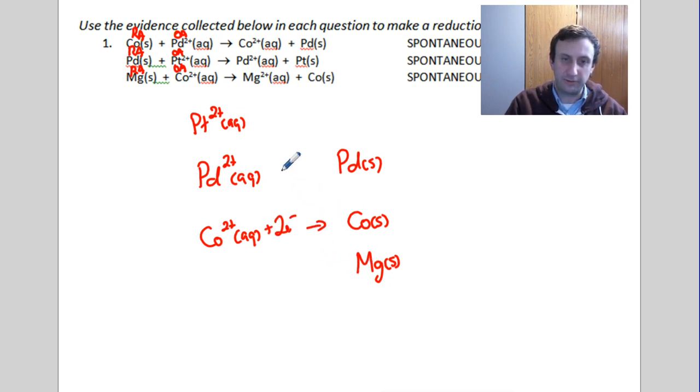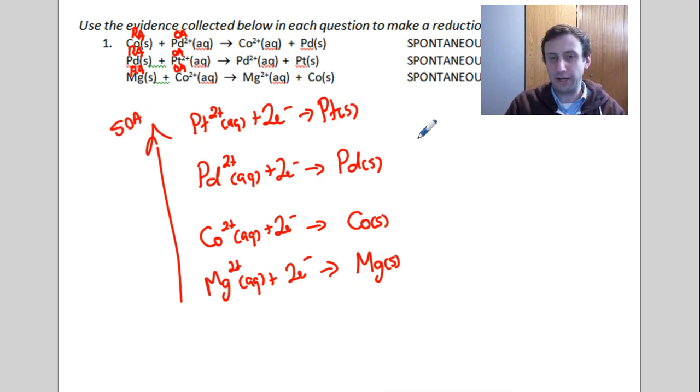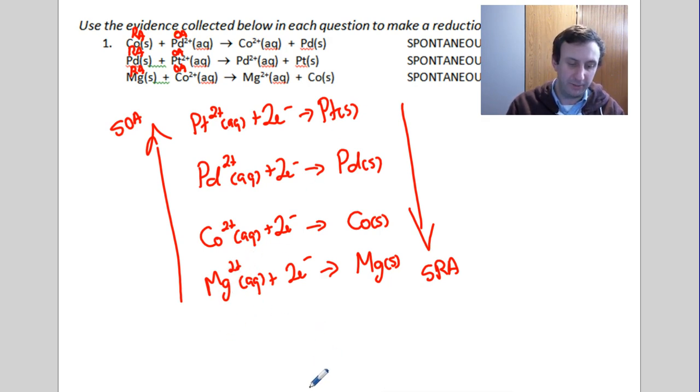Plus 2 electrons, plus 2 electrons, plus 2 electrons makes Pt solid. So I'm just finishing up my half reactions. Magnesium has a charge of 2 positive aqueous, which we can see in the products of the last reaction or our periodic table. So this is my reduction half reaction. The strongest oxidizing agent in all of this is Pt2 positive, my strongest OA. The strongest RA from the data is magnesium, my SRA. My weakest RA is solid platinum, and my weakest OA is magnesium ion. All right,